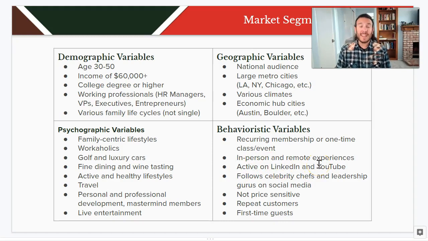Now, they're probably active on other platforms as well, but I believe this is where our corporate audience is going to be spending a lot of their time. Other behaviors. Our folks might be following celebrity chefs online and maybe leadership gurus like Gary Vee on social media. Our folks are, generally speaking, not price sensitive, which means this is an expensive service that we're offering, especially for